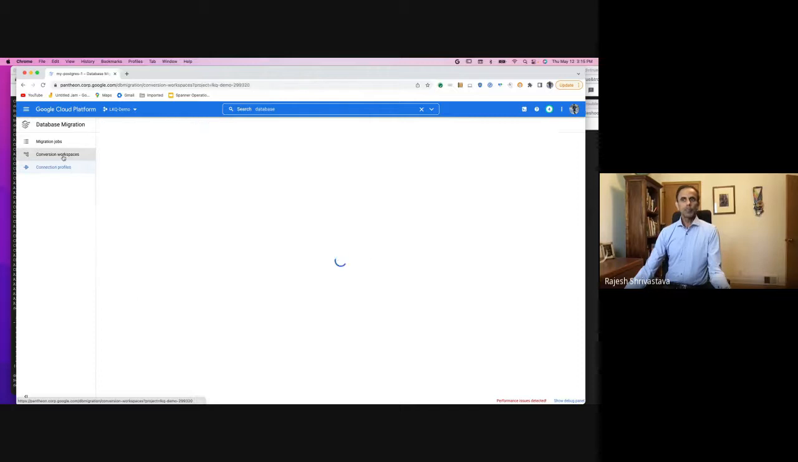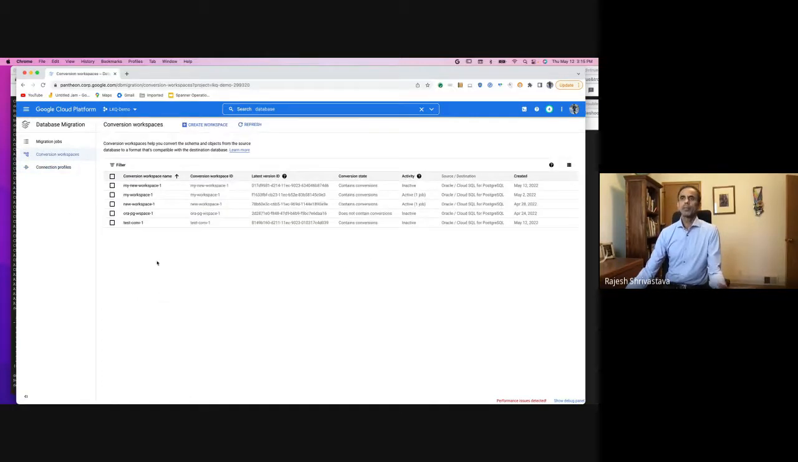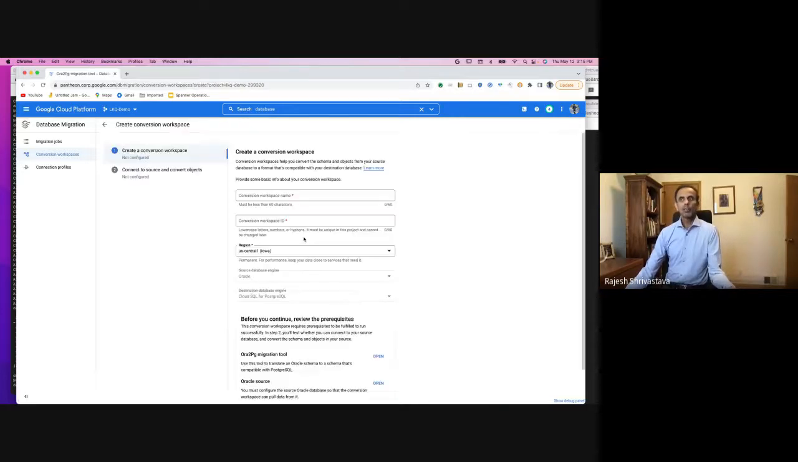The next step is to create a conversion workspace. What the conversion workspace is, this is what the database migration service uses to create the mapping between the source database and the target database. And it uses that for conversion. So we'll go ahead and create a new workspace, and I'll give it a name. Let me call it demo